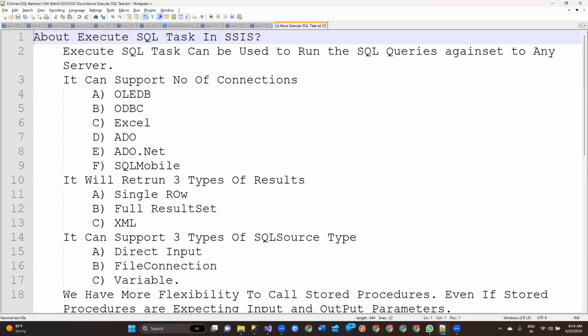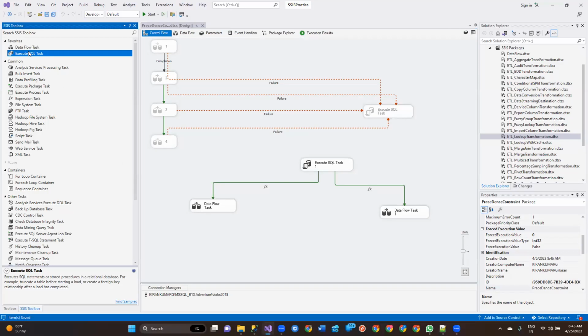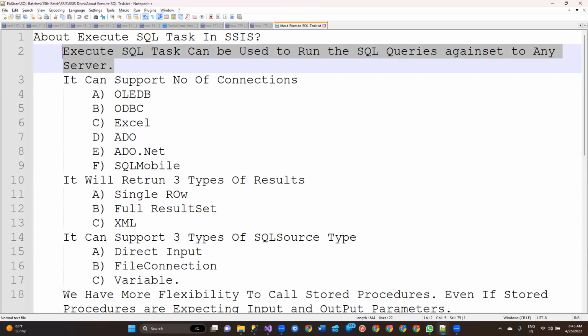So we can talk about the execute SQL task in SSIS. This is the one. Okay. In the entire SSIS, this is one of the most used, favorite tasks that you will always have to use in any package. So what is this execute SQL task? Execute SQL task can be used to run the SQL